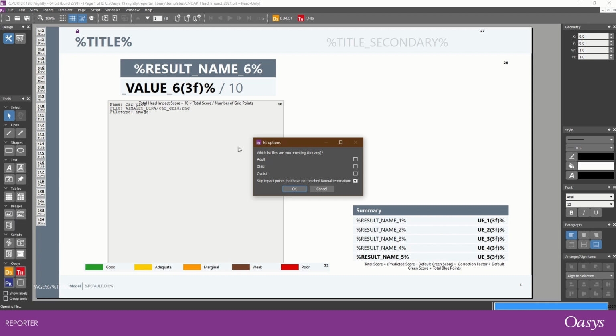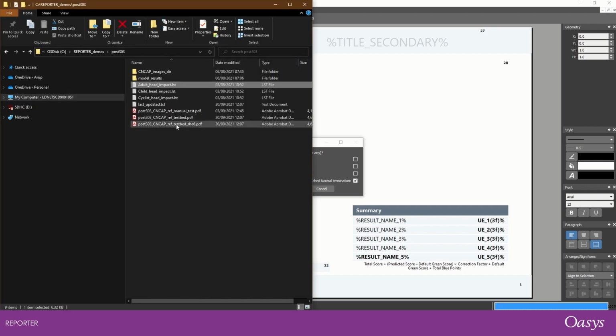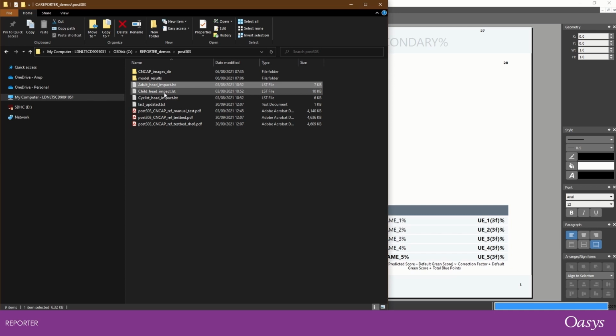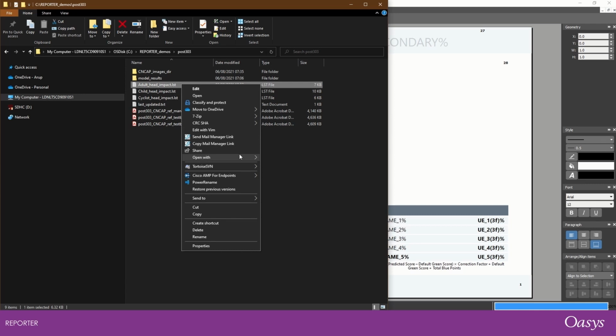At this point, I'm going to go to the directory where the analysis was conducted and just check that I have all of the LST files present as well as the correct data in them. So I'm going to open up the directory, and I can see here that I have adult head, child head, and cyclist head impact LSTs. And I'm going to right click and in this case just open with a text viewer,